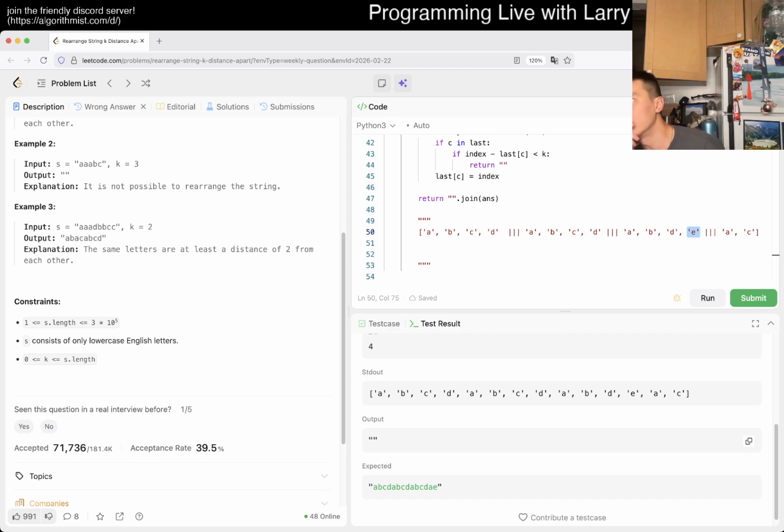I'm trying to think. Can you just do it in a greedy way so that it doesn't overlap, like lap to the end? Would that ever happen? I mean, this is one of the cases where I don't know that,